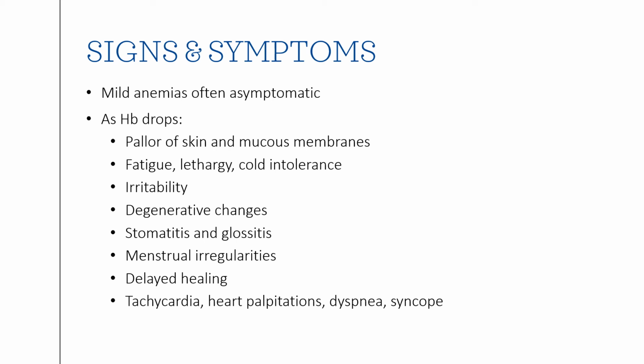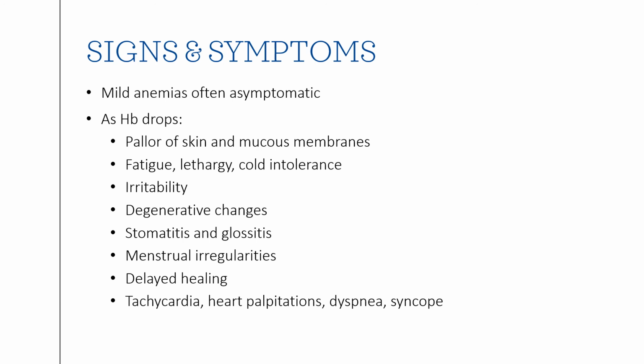Irritability, hypoxia again, degenerative changes that you're going to see, stomatitis that we talked about. Just reiterating, stomatitis has to do with the mouth, where we have inflammation and ulcerations in the mouth, and sometimes it involves the lips. Women suffering from iron deficiency anemia can end up with menstrual irregularities starting to happen,